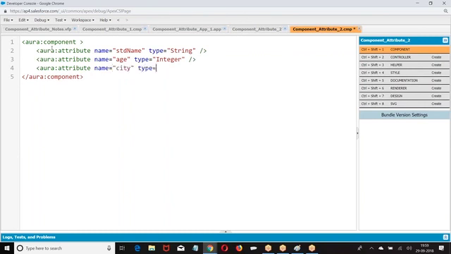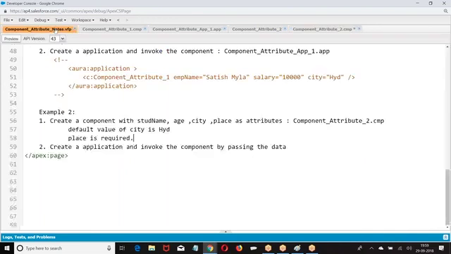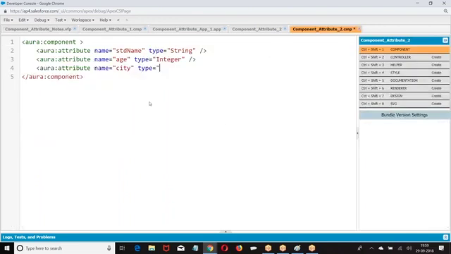Define. Take city as Hyderabad, place as required. If you don't mention the city, the default value is used.